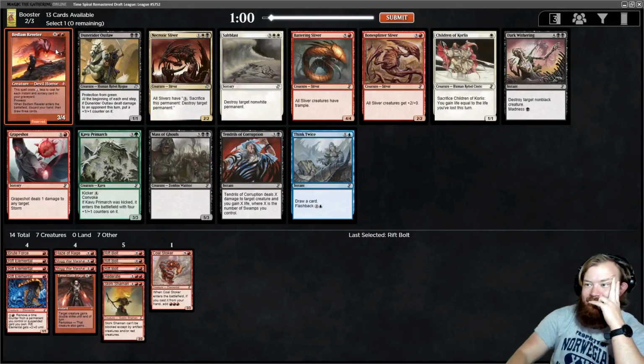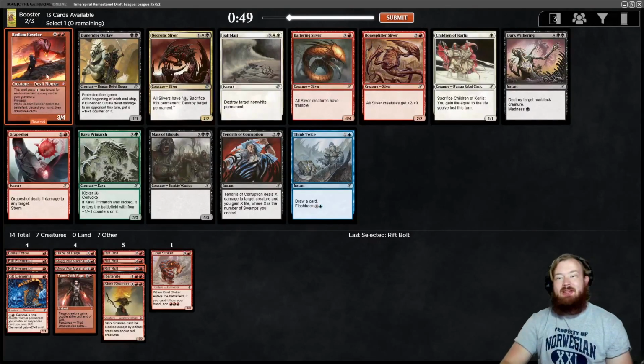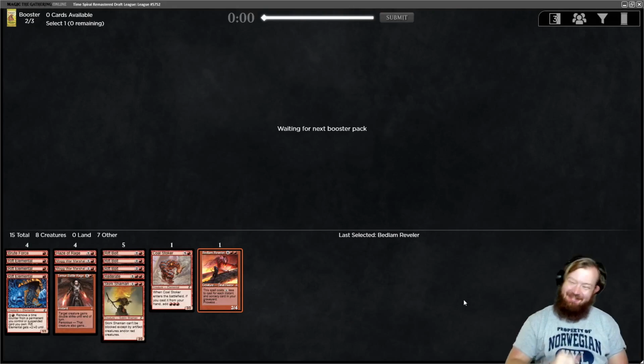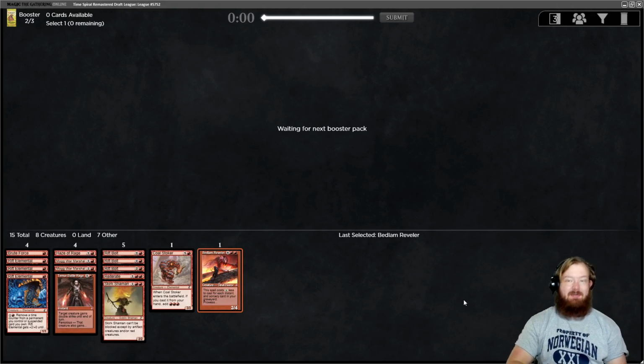Oh, Bedlam Reveler. How many instants and sorceries do I have? 1, 2, 3, 4, 5, 6, 7. Oh my gosh, I might actually be able to play a Bedlam Reveler. That would be crazy. Yeah, we're taking Bedlam Reveler. Oh, I'm glad this is different than the last deck I just drafted, but...